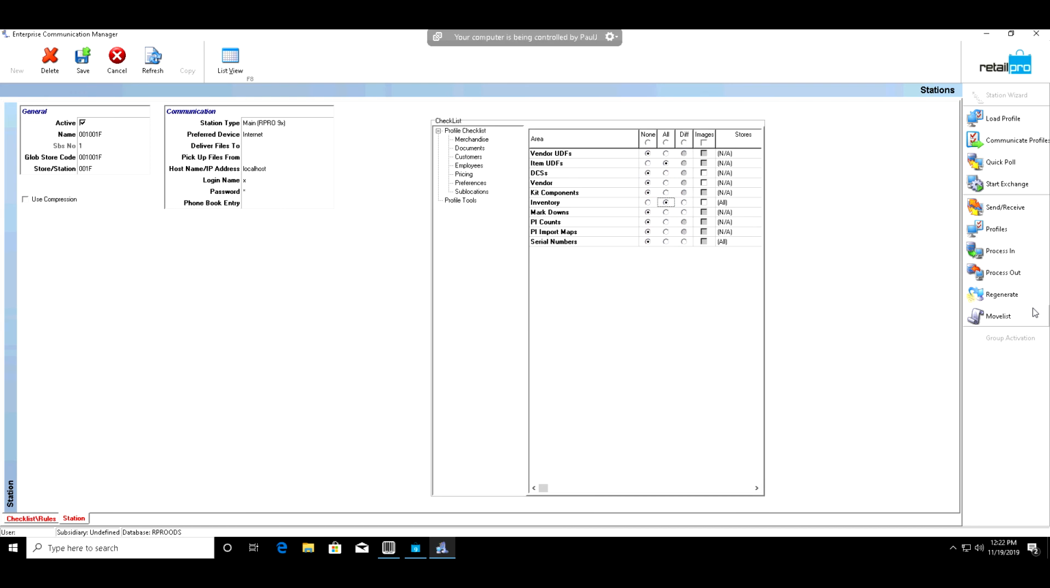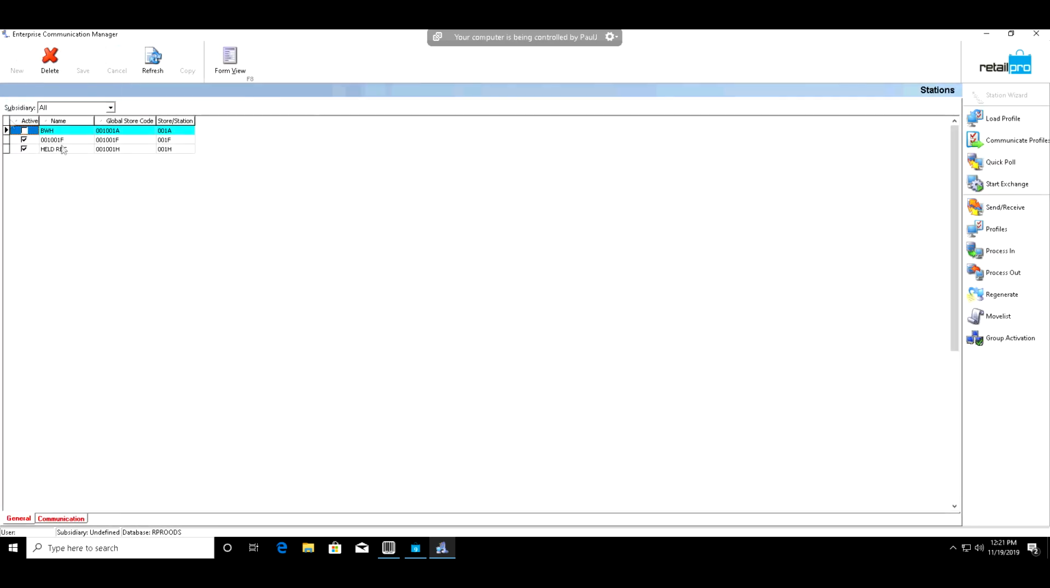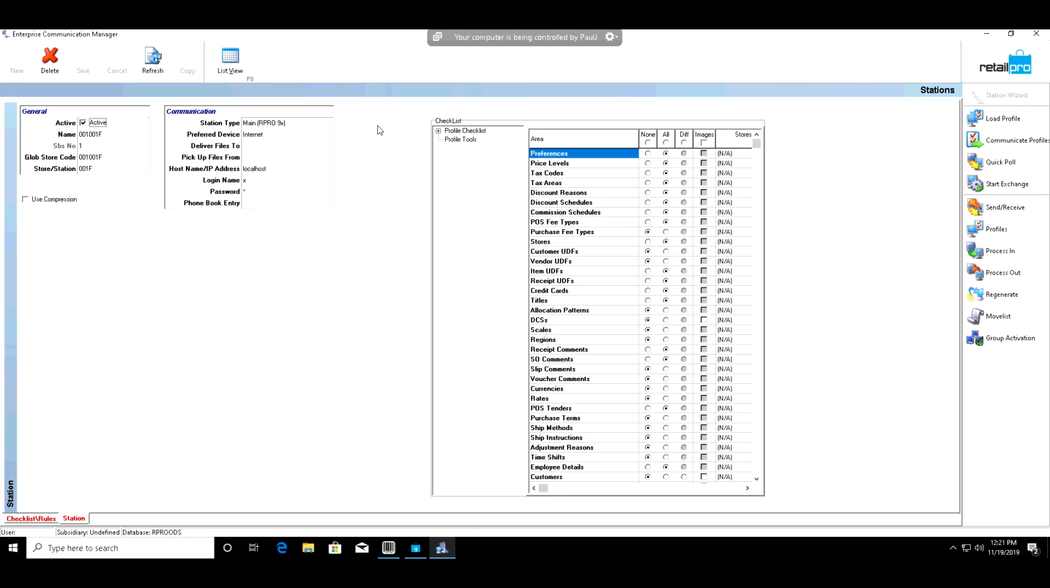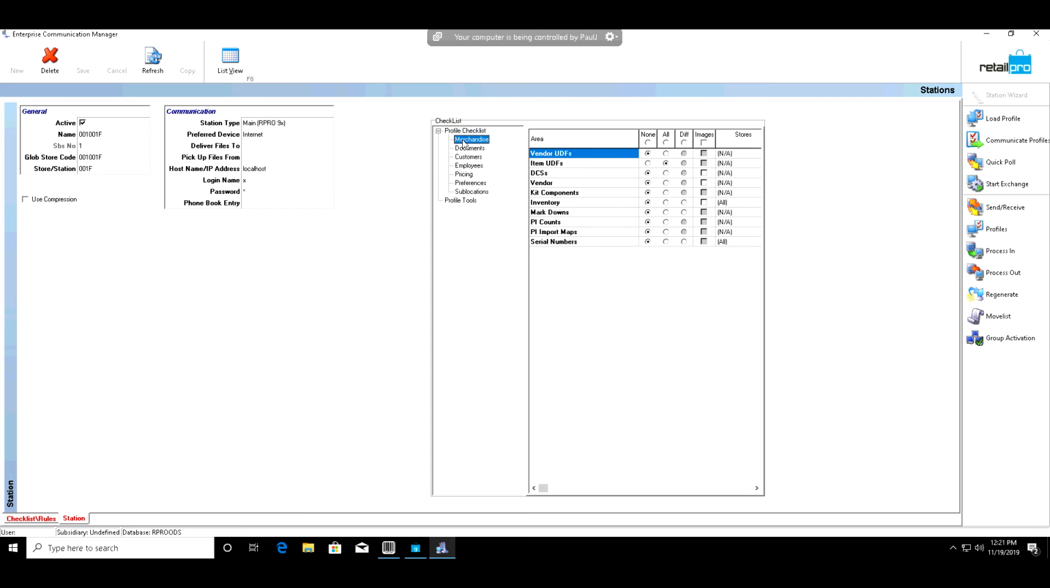Okay, so this is ECM. Inside ECM, you go into Stations, and then you go to your store. You click on Form, and under Profile Checklist, you go down into here. You choose Merchandise, and you're going to send all inventory, and then you're going to process out. After that's done, you're going to want to set that back to differences,